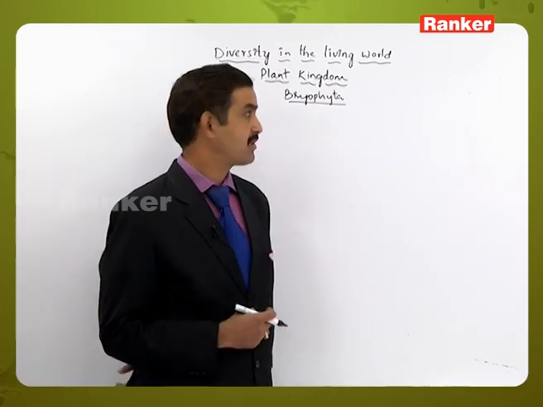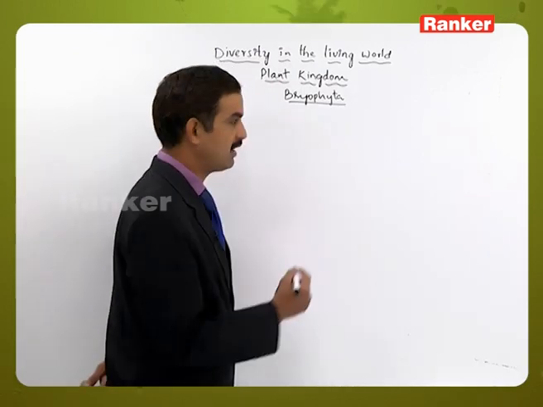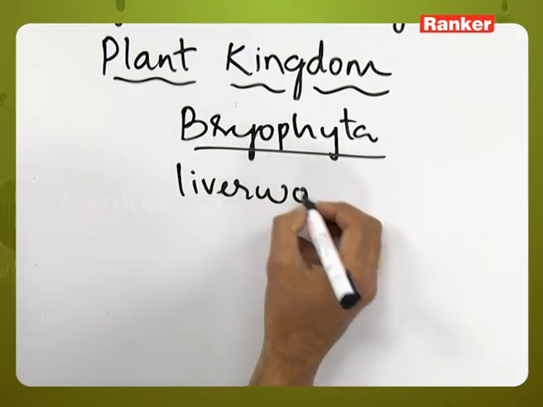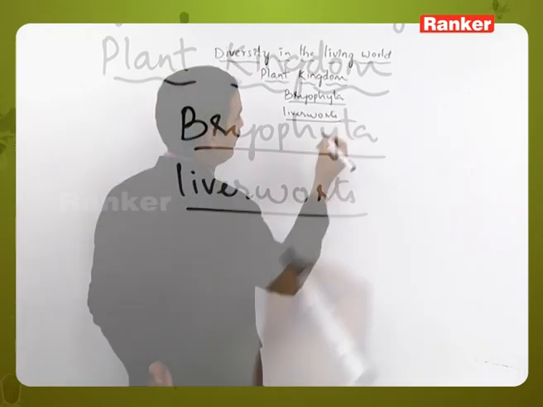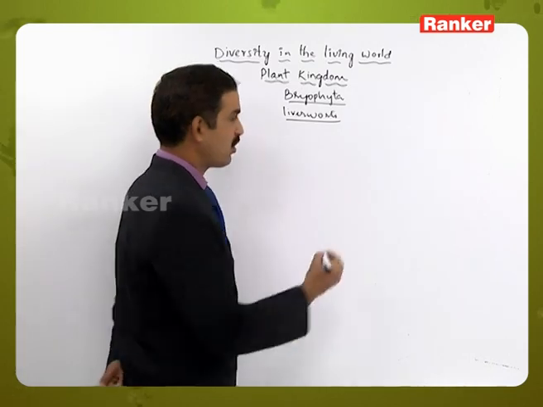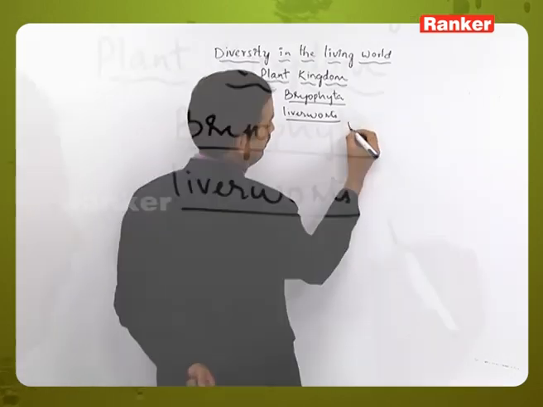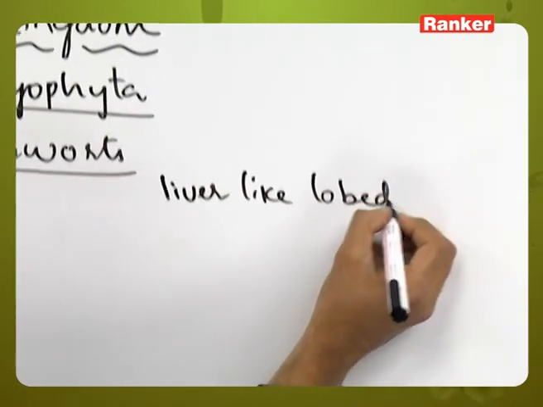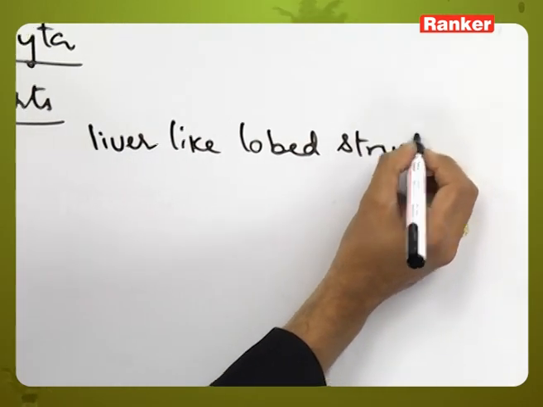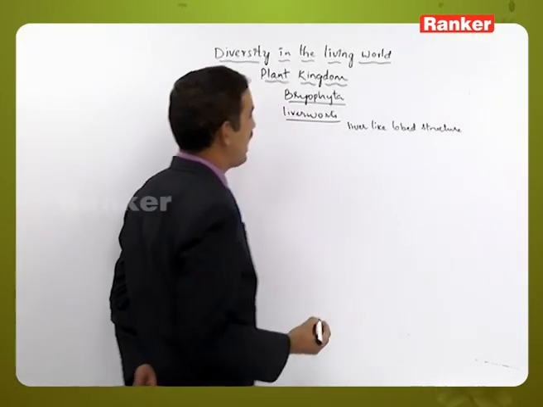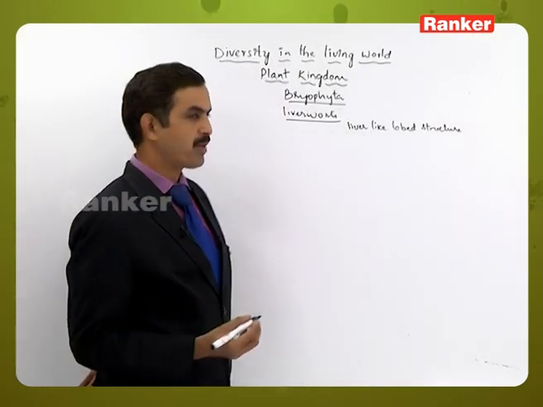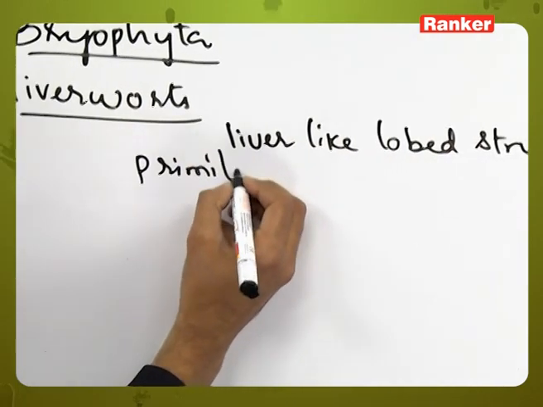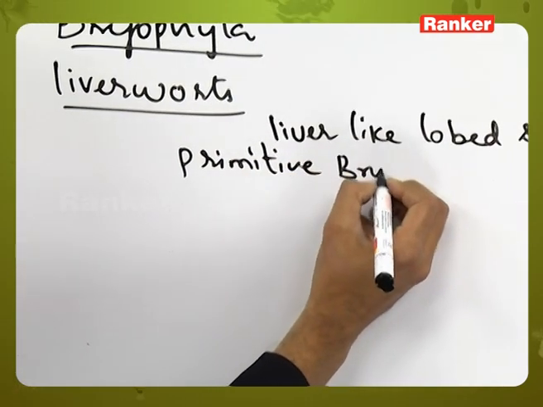So there are three classes in Bryophyta, starting with Hepaticopsida, which includes liverworts. The name liverworts was given because of the liver-like lobed structure. And out of all the three groups of Bryophyta, liverworts include the primitive bryophytes,